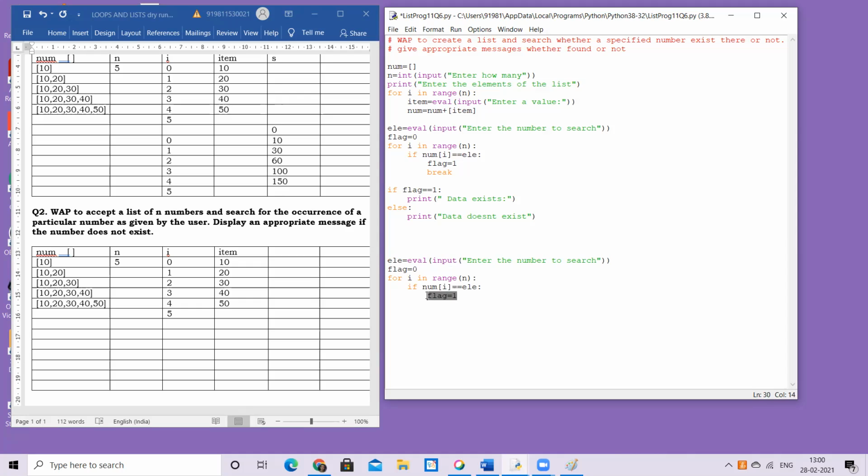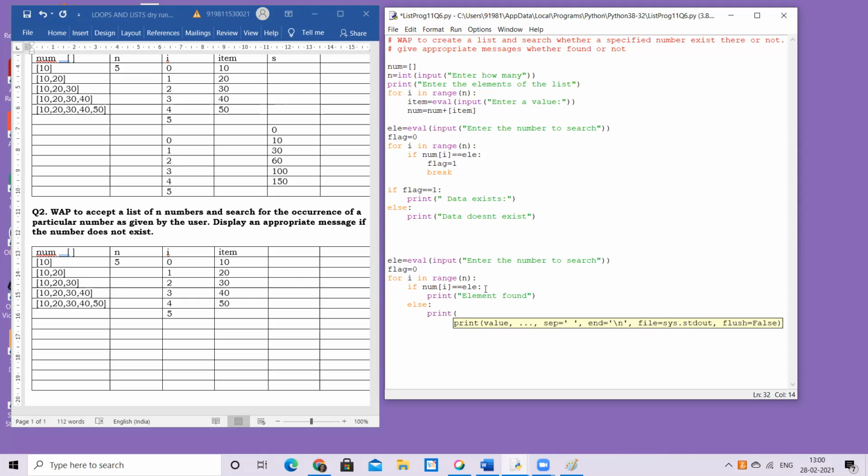Now obviously my purpose is to check whether every element is equivalent to the element the user has given me. For the equivalency check, you all understand two double equal to's are to be used, not a single equal to. So in the loop, my first statement goes: if the first element is equal to the element, then I will print element found, or else it is not found. That's the usual way a child starts thinking or doing the question.